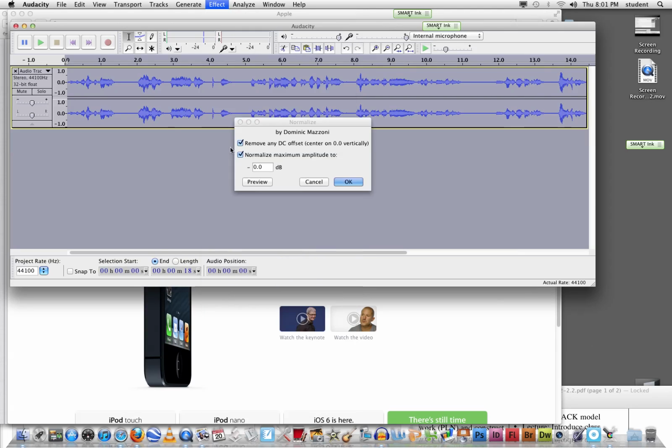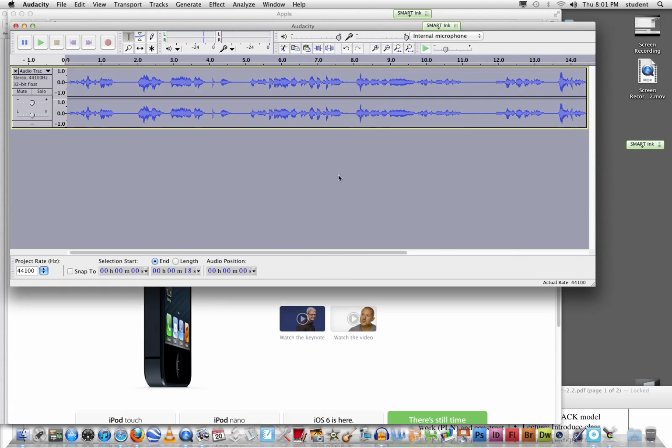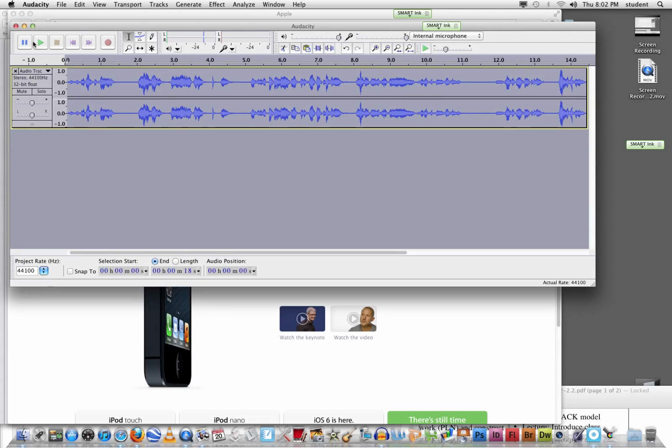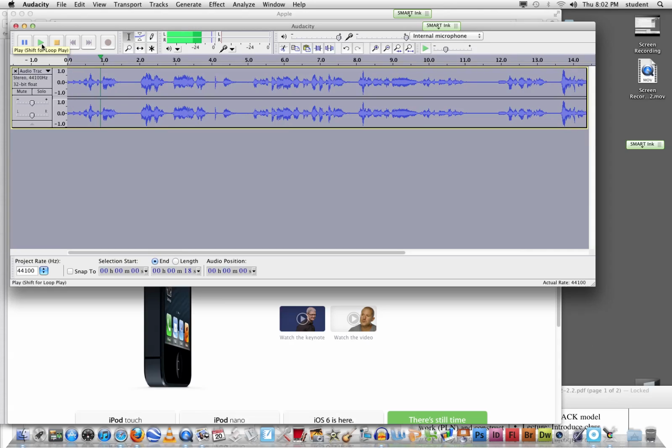It analyzes everything on there and makes everything sound normal. This won't do it because it's just one person speaking. But if you're speaking with other folks or you have a lot of kids talking, you might want to normalize it so that a quiet child's voice will sound as distinct as a child who's very loquacious.